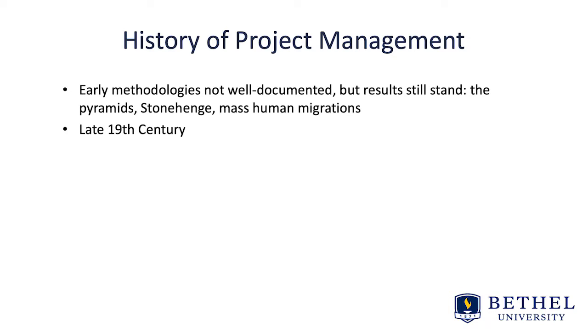When we think about looking at project management as a formal discipline, we start to see where that becomes very prevalent around the late 19th century. We see the construction of the Intercontinental Roadway. We see other large projects. When you think of Hoover Dam, for example, when you think of Washington, D.C. and all the buildings that were built there, when you think about the interstate highway system, these are major accomplishments that have happened due to the study and the application of project management.